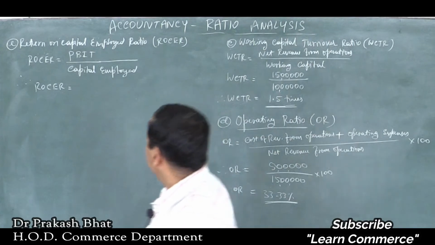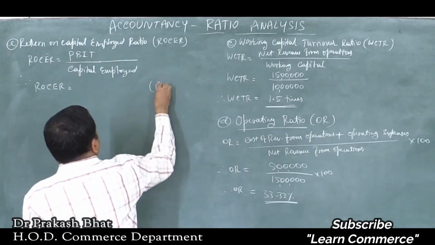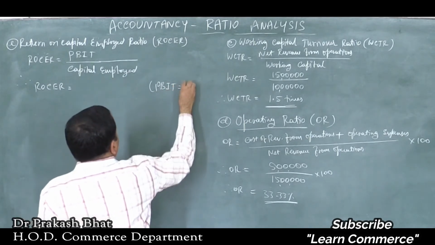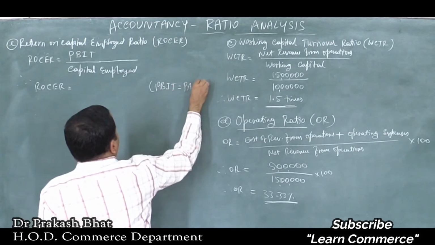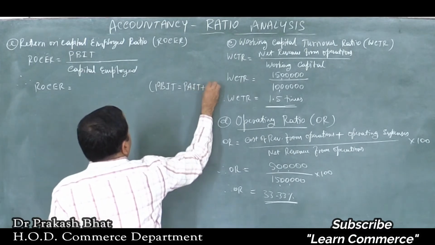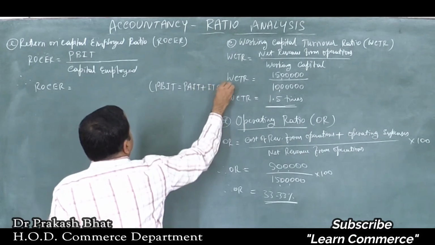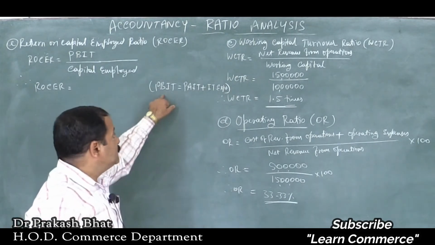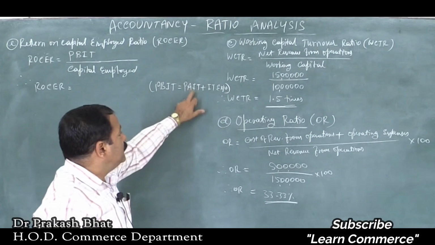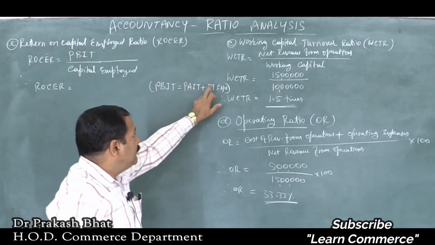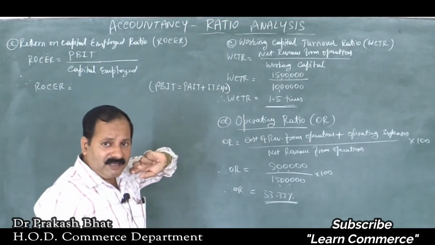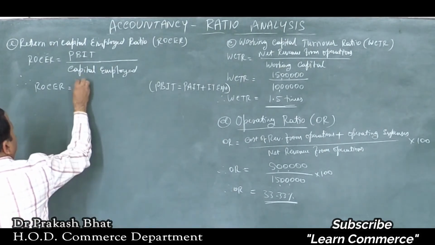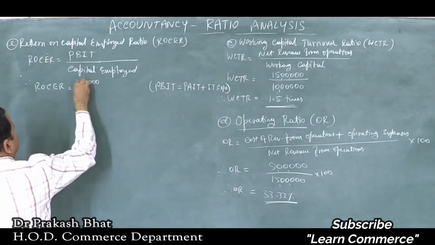Correct? So I'll write here, profit before interest and tax is equal to profit after interest and tax plus interest and tax expenses. This is what you have to write. Profit before interest and tax is equal to profit after interest and tax plus interest and tax expenses. Correct? Yes. So 3 lakh plus 2 lakh